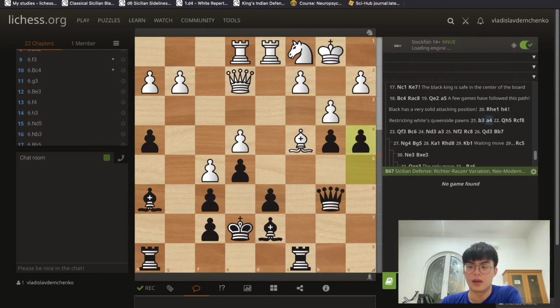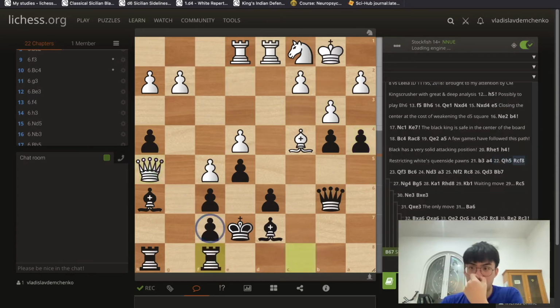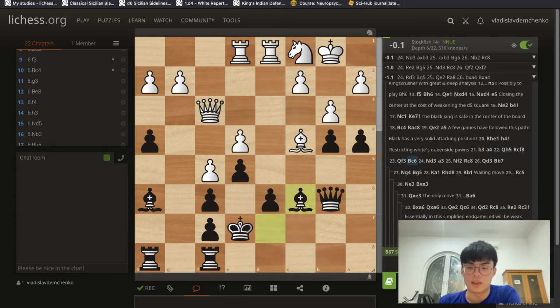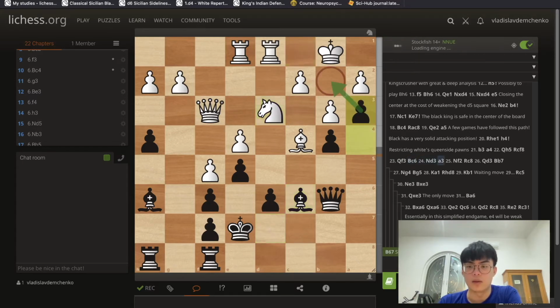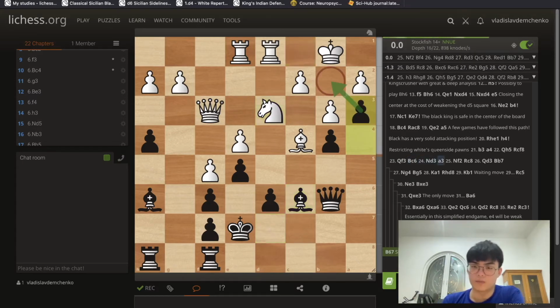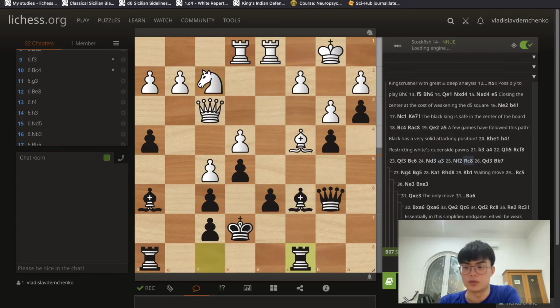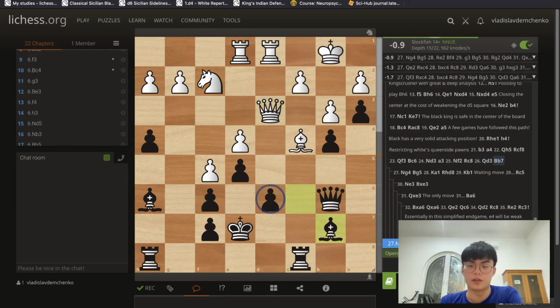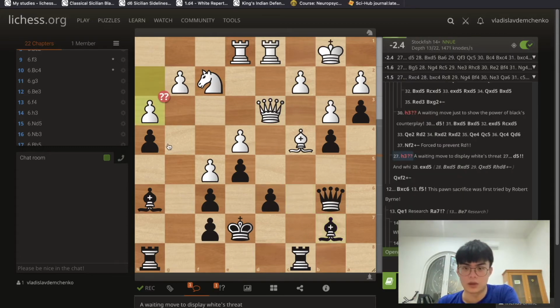b3, a4, queen h5 was played, rook c to f8 to defend f7, queen f3, bishop c6, knight d3, a3, and we're already getting a lot of space here, and for example, knight f2, rook c8, queen d3, bishop c6. Okay, we can just continue this game. And here there are a couple of moves that I analyzed. I thought that h3 looked quite logical here,